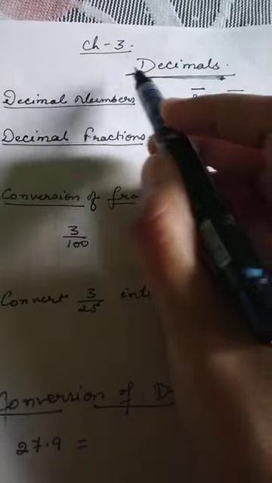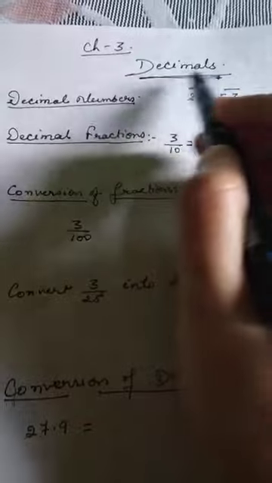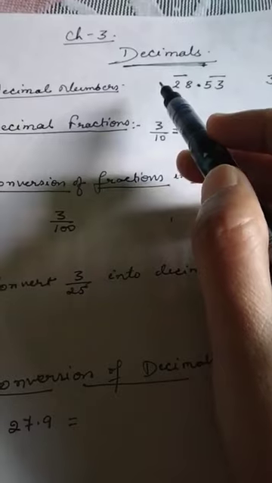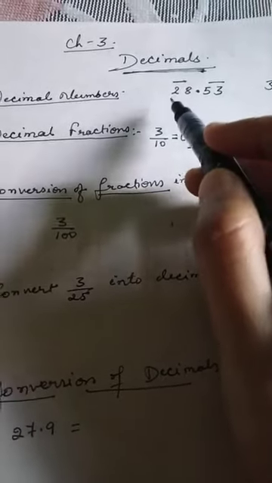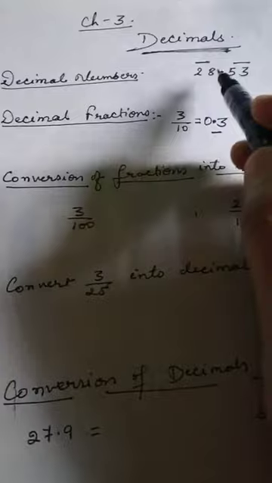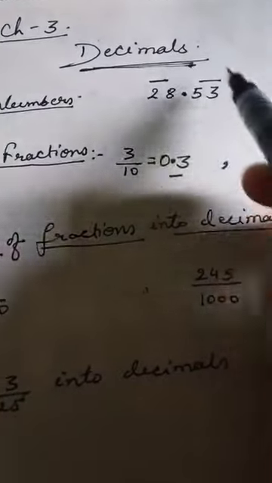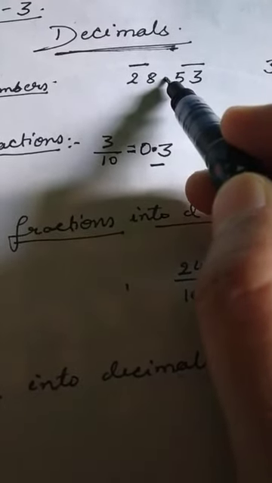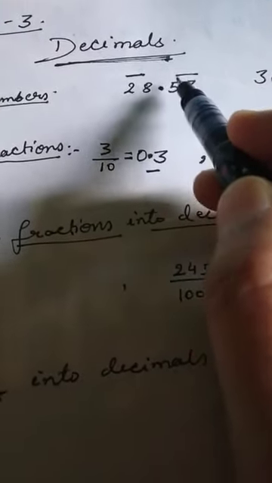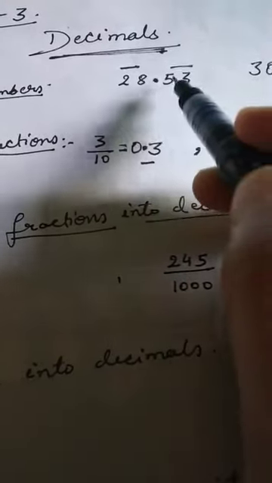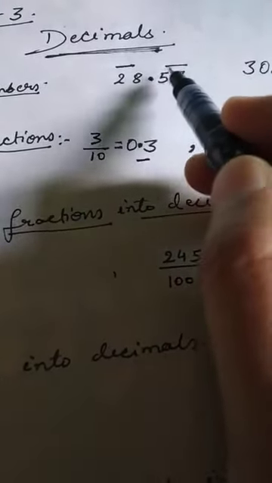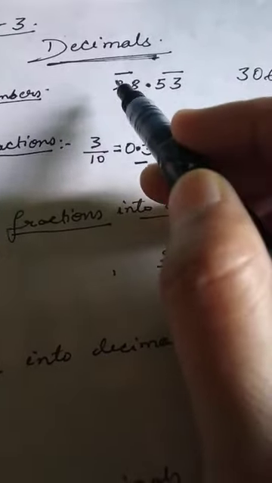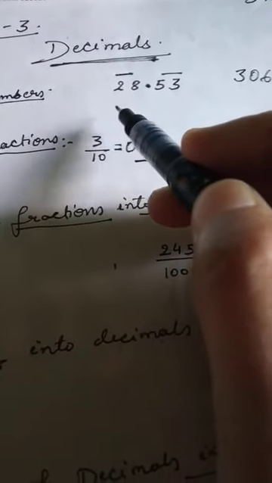Students, let us start the new chapter of maths, that is decimals, chapter 3. What do you mean by decimals? So in your previous classes, you have learnt about decimal numbers. So just recall it. The number which appears in this form is called a decimal number, and this is called the decimal point. And this decimal point separates the integral part and the decimal part. The right hand side part is called the decimal part, and the left hand side part is called the integral part or whole part also you can say.